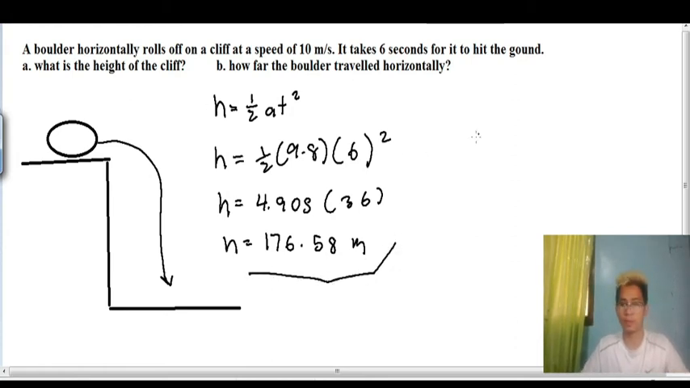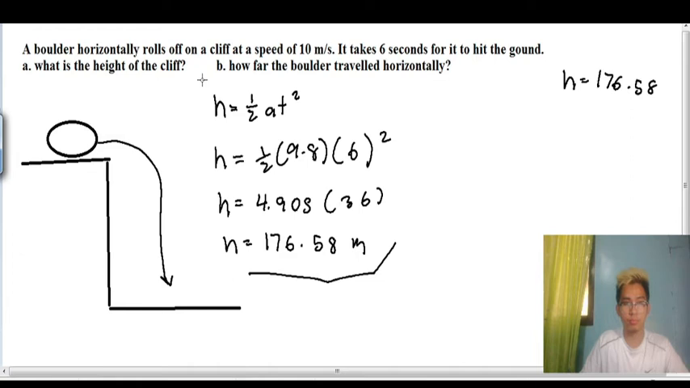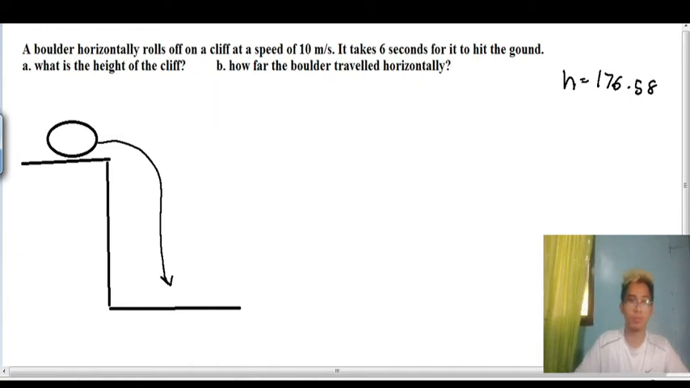So let me put this on the other side so we can use this space in solving the range, the horizontal distance or the displacement traveled by the boulder. So this is the A. We are finding the B, which is the horizontal. This is the range. So we have the formula: range is equal to